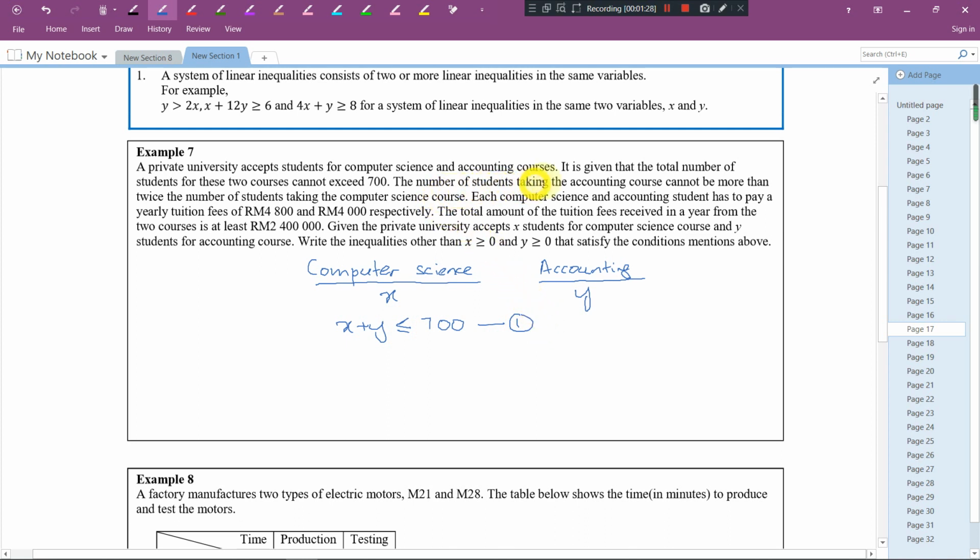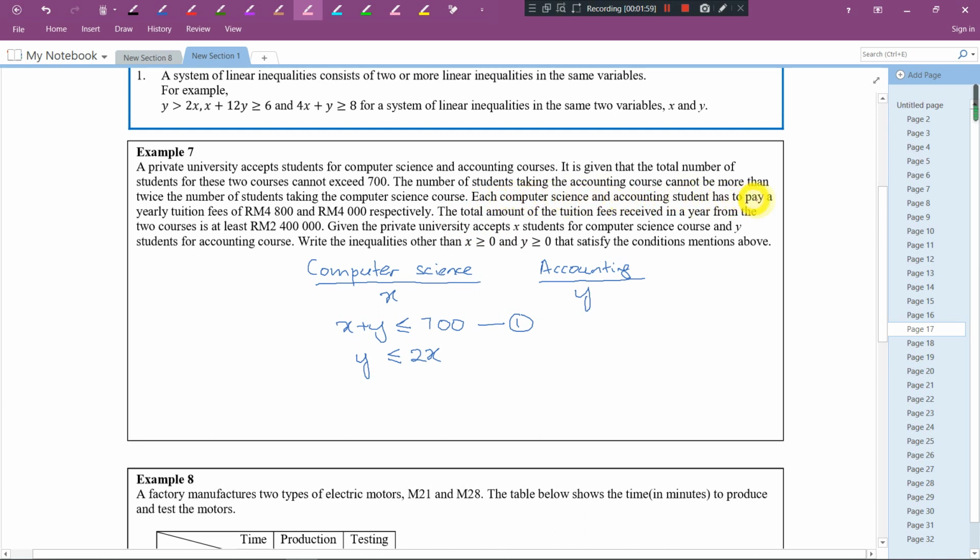The number of students taking accounting course, this cannot be more than, it means less than or equal to twice the number of students taking the computer science course, twice of this. So you have to take 2 times X. Okay, so each computer science